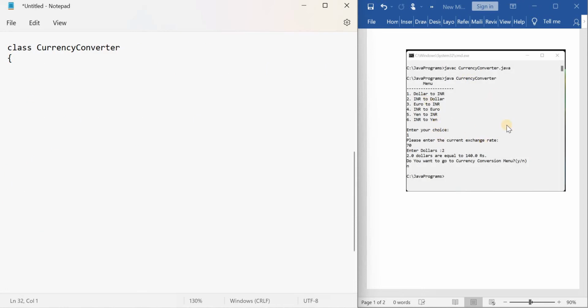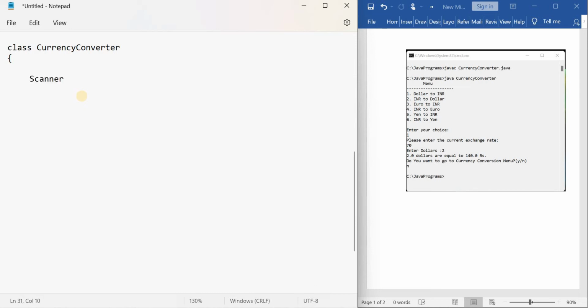And see here, the right side, so this is how I am going to get the output. So based on this, I will write the program. Okay. So first of all, I have to read the input, right? Input from the keyboard. So for that, I am going to use a Scanner class, right?